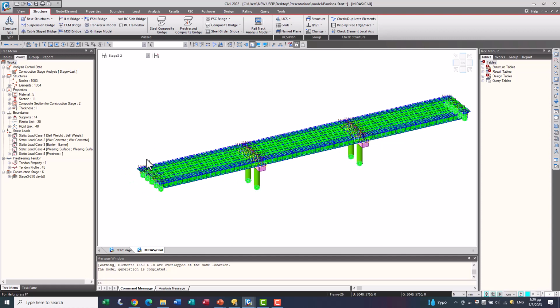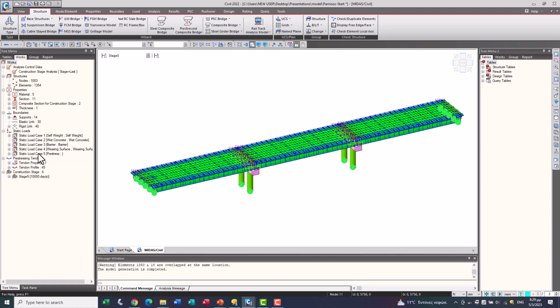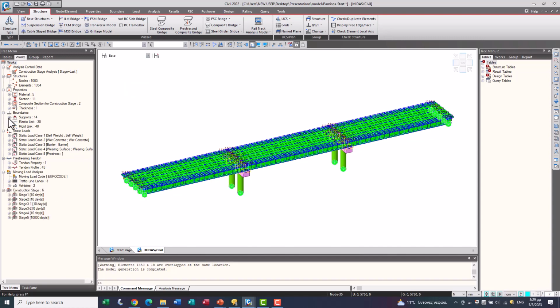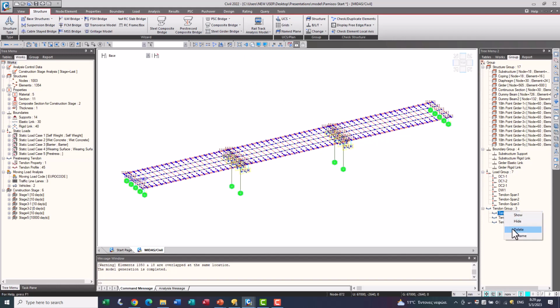Now the deck slab is activated, and this is the final stage. Also, you can see here the groups that have been made. Tendons. You can check the tendon: here, first span, second span, third span.